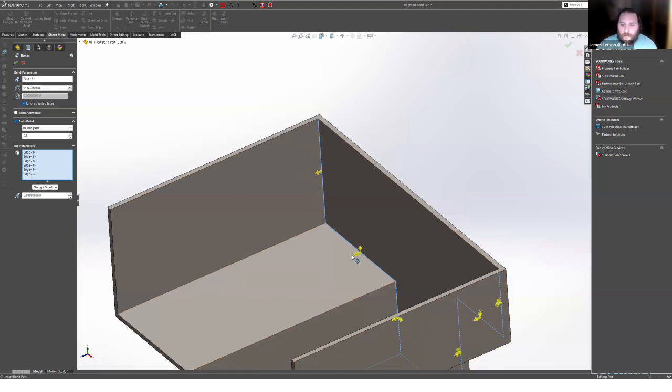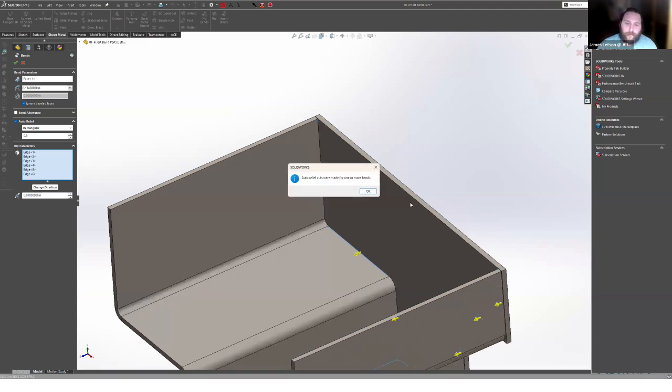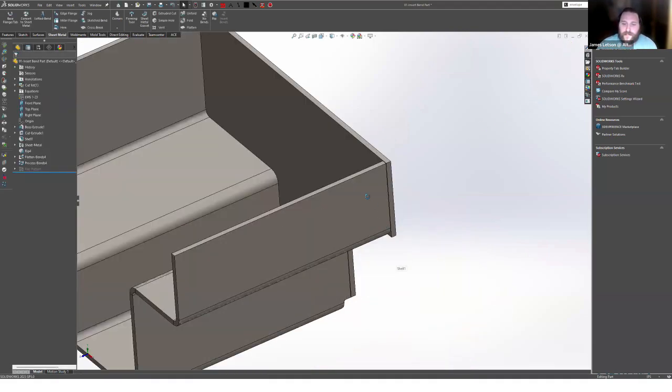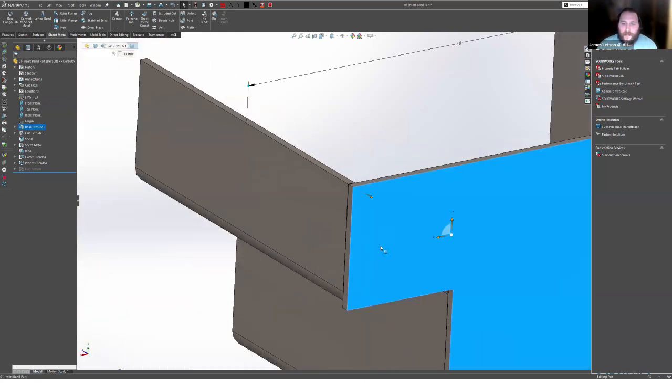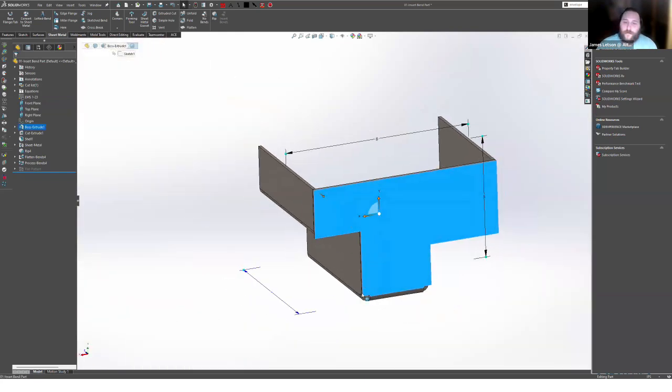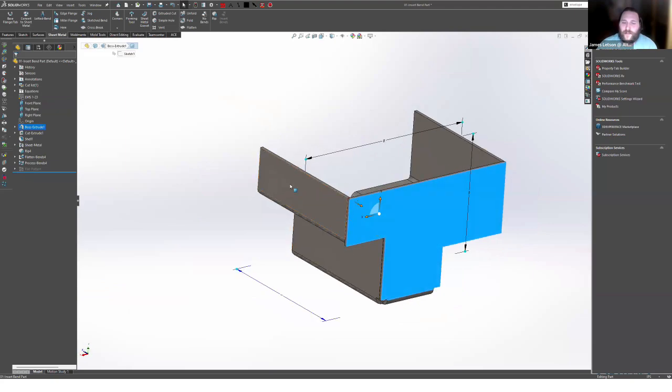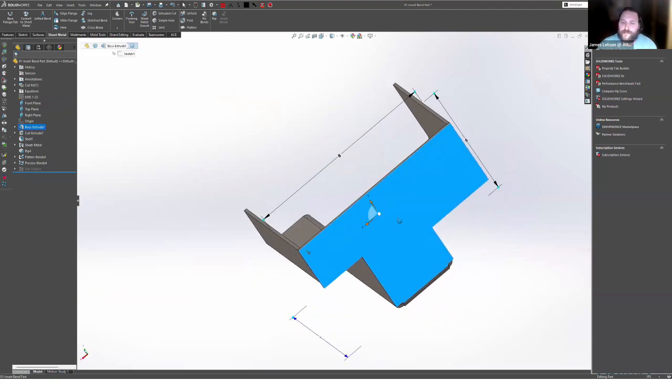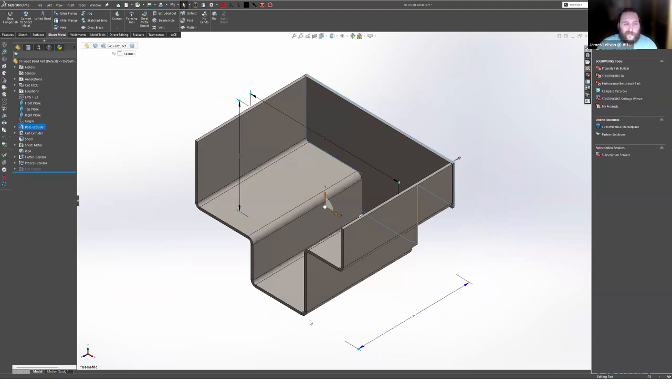And so we'll go through and click all 6 of these because maybe we want that back flange to be overlapping the entire part. So now when we hit our green check mark, we'll get the same pop-up and you can see now that back flange overlaps all of the side flanges. So that is a quick and dirty of how to do insert bend. Like I said, we'll touch a little bit more on it on some cool